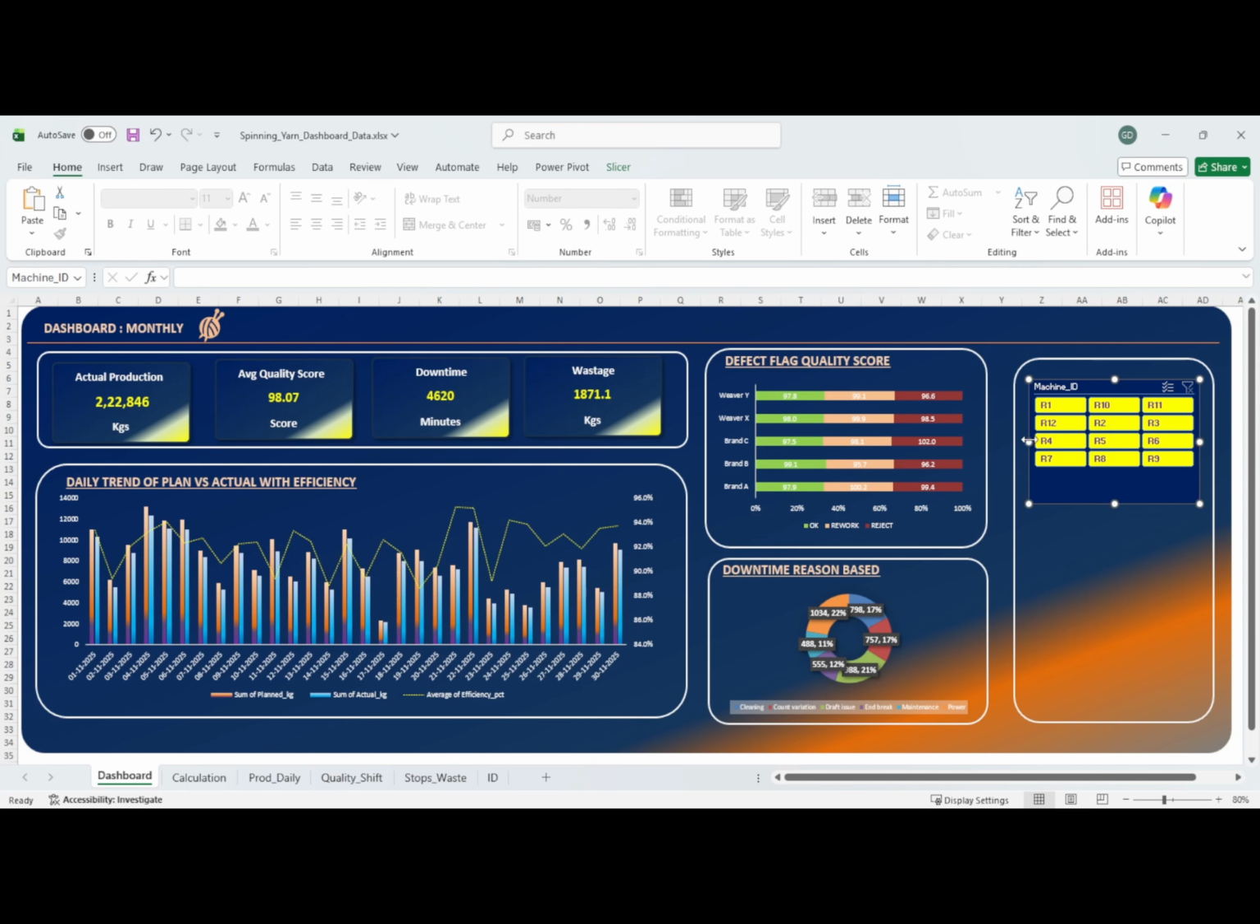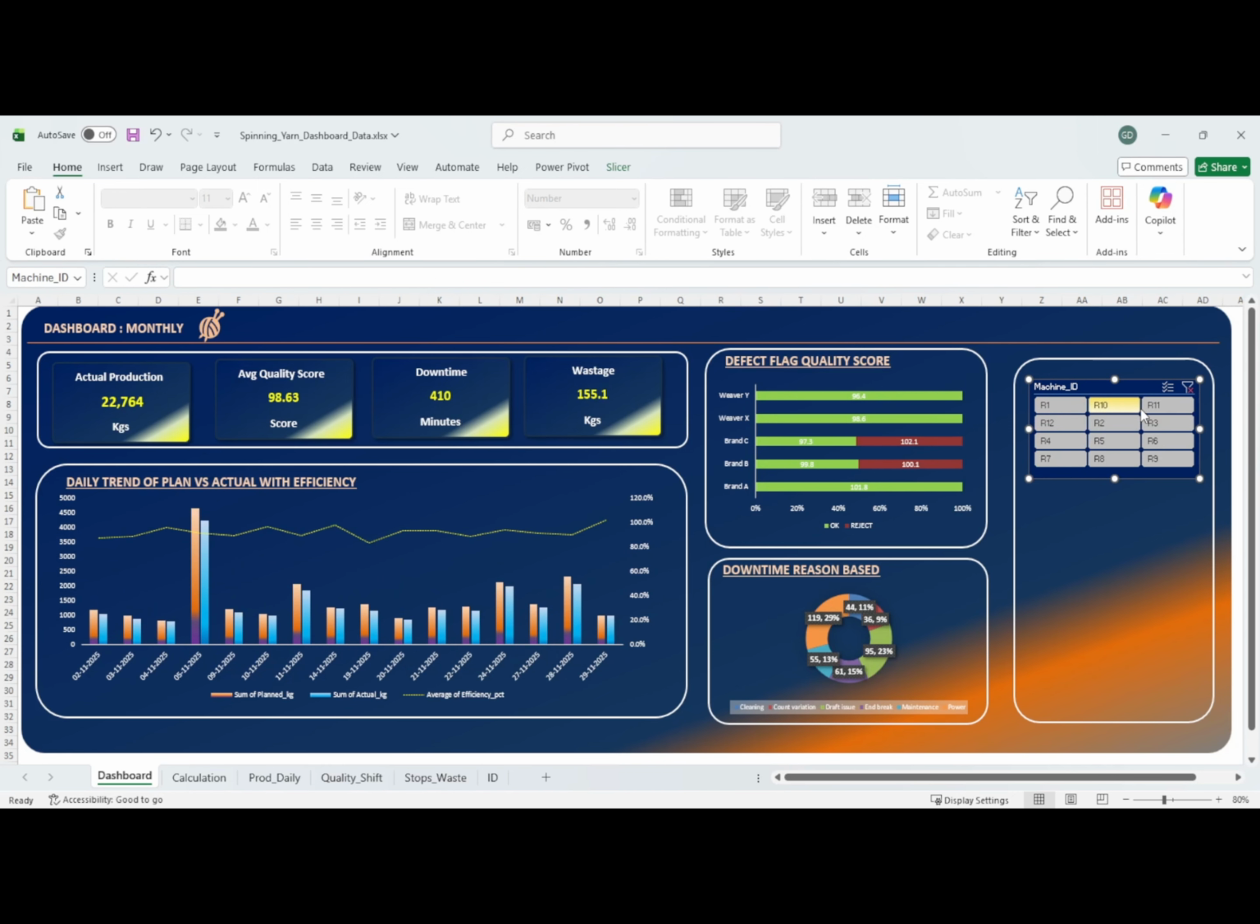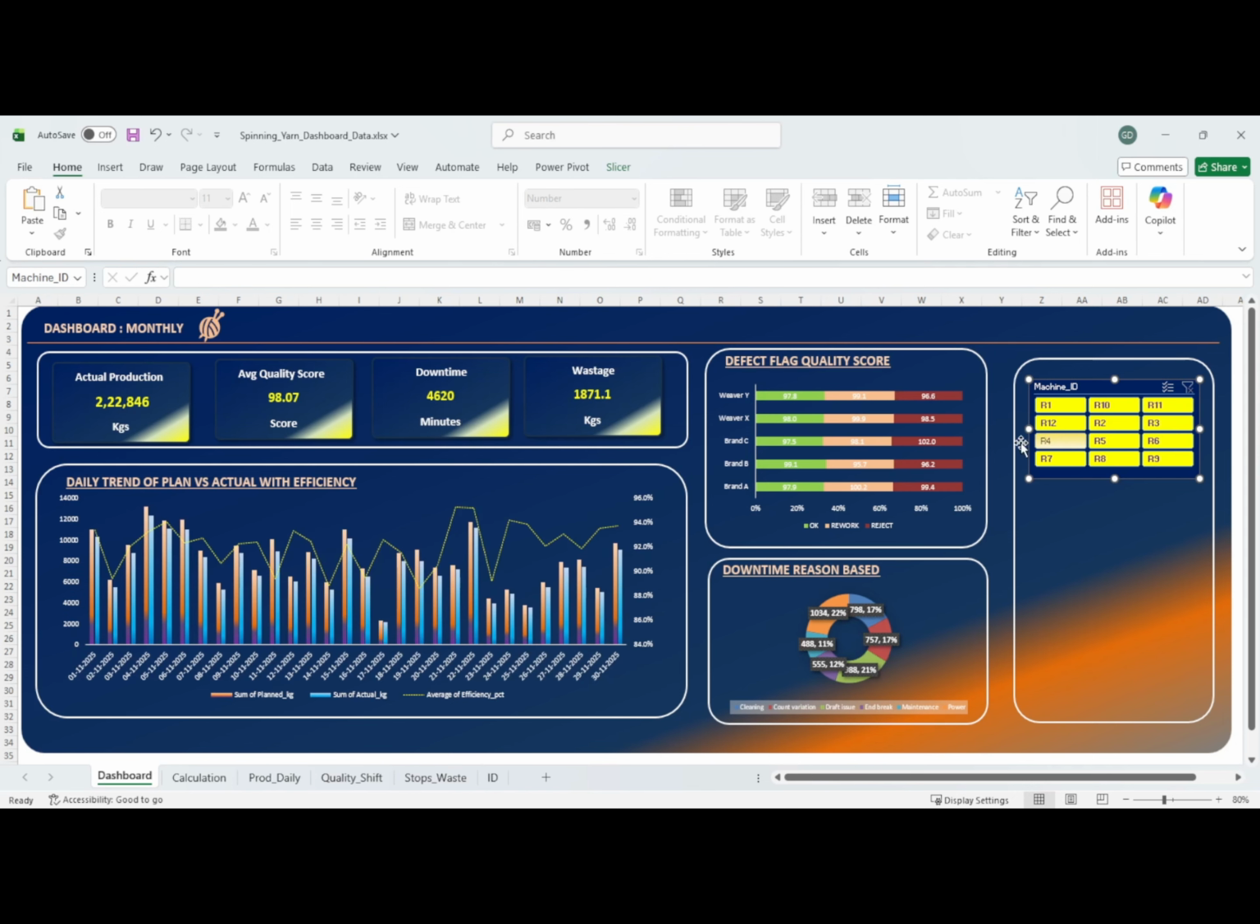Okay, now you can click and check whether your slicer is running or not. Can you click it? Yes, all the data are changing based on that. Perfect. Yes. Now I think we have one more